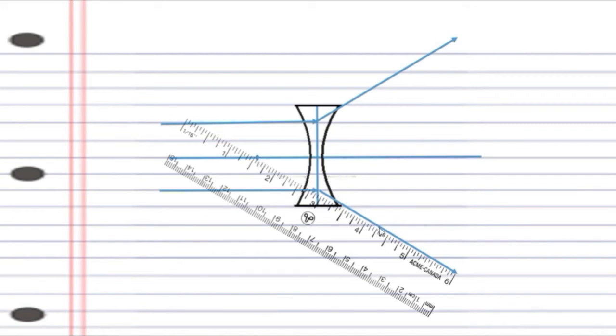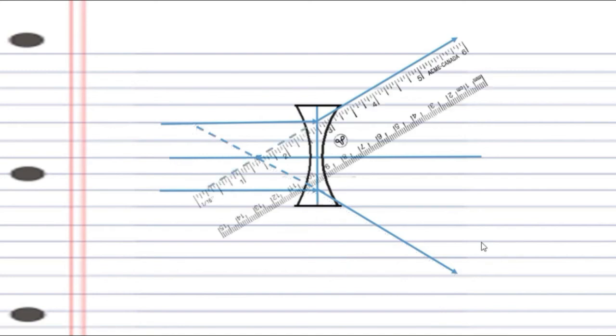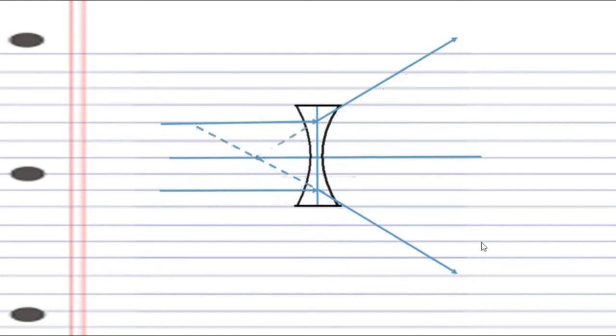Well, when we extend this backward, and whenever you extend the light rays backward, they are not the real rays, it's the direction, that's why it is in dotted lines, right? In the same way, the earlier, the first one, you have to keep it here, extend it backward. So they appear to meet. Let me tell you, they appear to meet. And that point is called principal focus of concave lens.